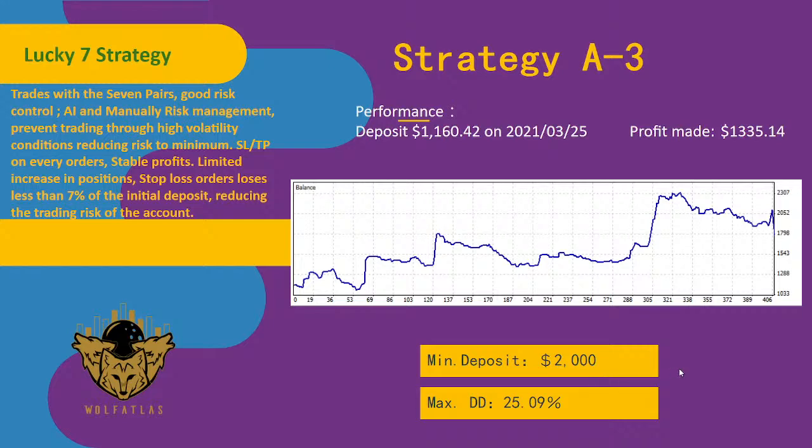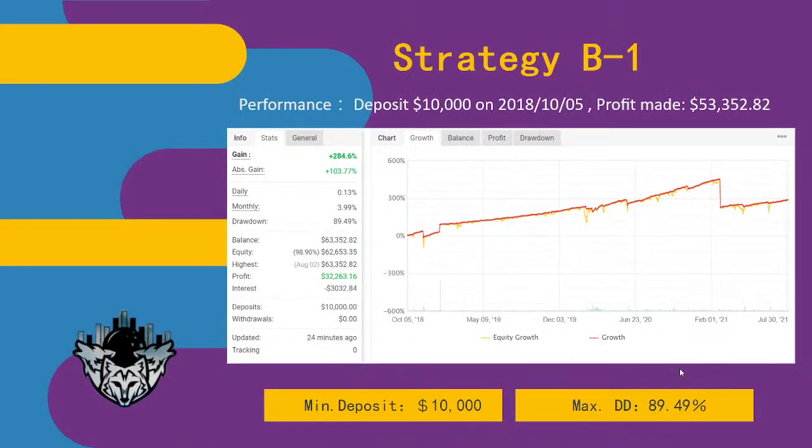Based on my experience, when people say the drawdown is so high, the explanation I got from them is that they assume it's the amount of money, the equity, that an account lost in a period of time, or it was floating loss in a period of time.